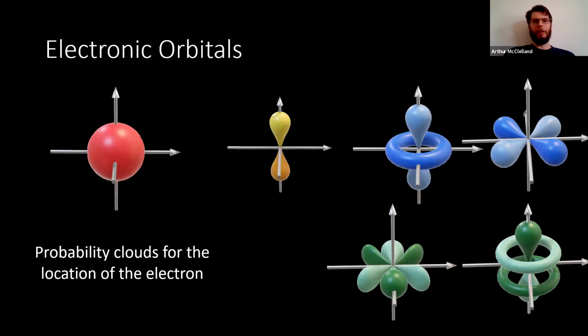But of course, all these pictures are overly simplistic. The electronic orbitals are not just circles. That would be the s orbitals. There are also p orbitals and d orbitals and f orbitals. And these orbitals really should be thought of as probability clouds for the locations of the electrons. And we'll come back to that a little bit later. But just keep in mind that the orbitals can go in different directions, and the different directions can be important in terms of the properties we see in a material.